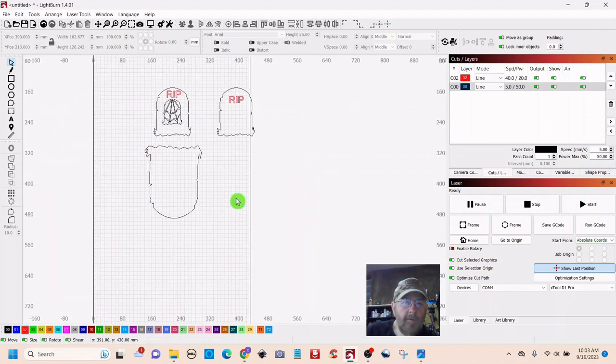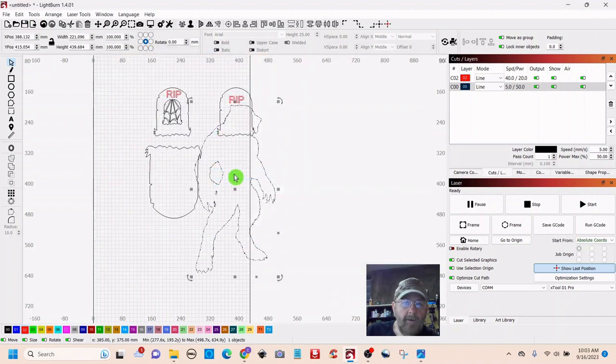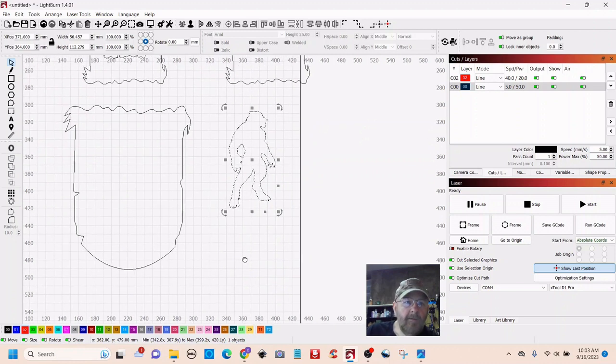And then we will go get some more characters. We'll get a werewolf. We'll resize this werewolf, and we'll just make him about,